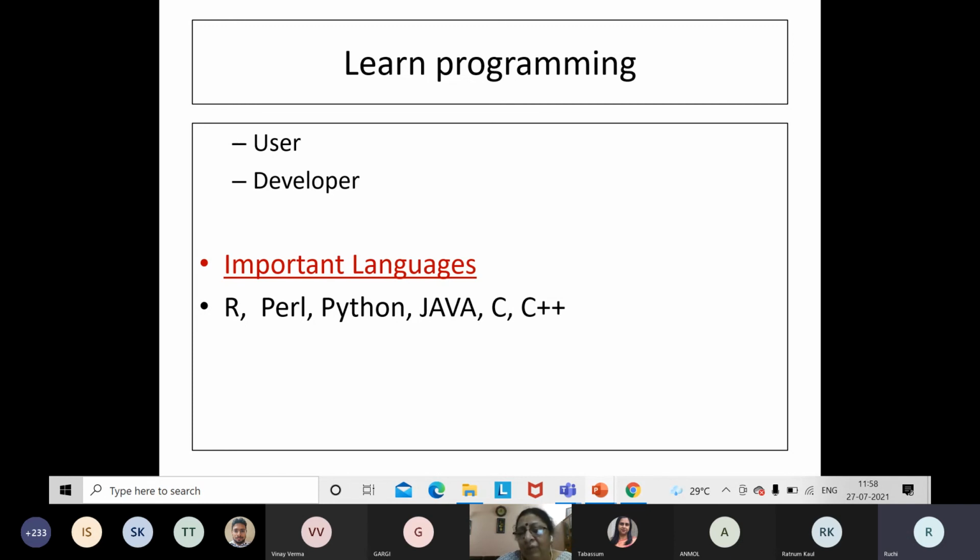You will need to develop some in-house small scripts. Whatever softwares are available, many a times they do not serve our purpose. We need to have some very small questions which need to be answered. For that, if you are capable of making your own small in-house programs, they will be very useful in your career if you want to take bioinformatics more seriously.